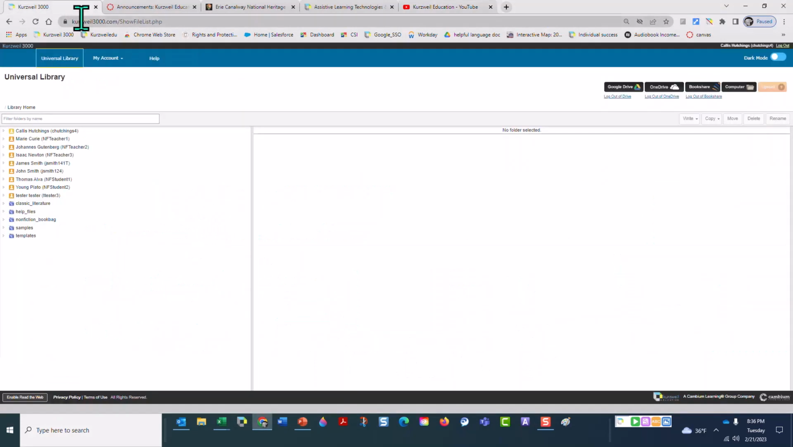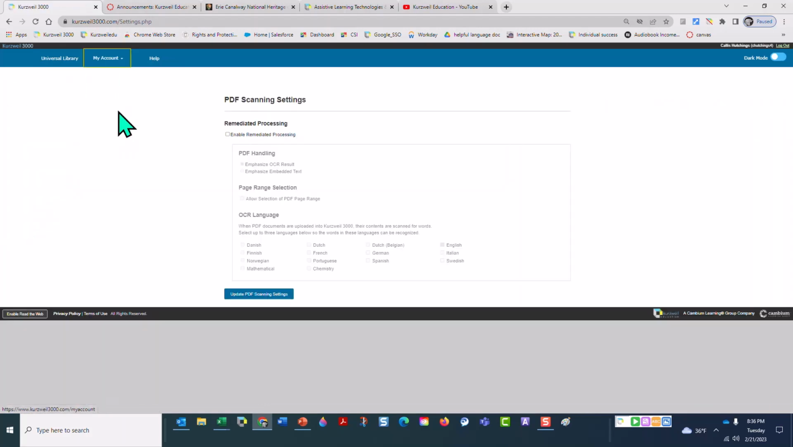Here I am in Kurzweil3000.com. In order to do the PDF settings, I'm going to go into My Account and Settings. You can think of that as PDF settings. The default is what we've always had, just OCR processing, but I can now choose Enable Remediated Processing. If I do that, I can pick Emphasize Embedded Text, which is where I have the data from the publisher,